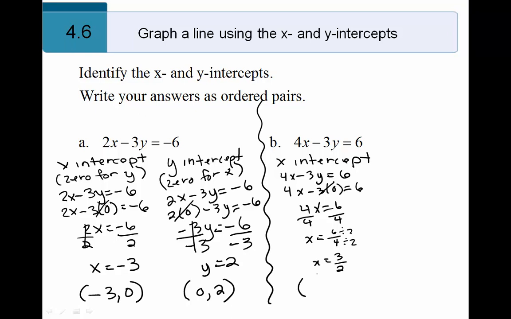So my x-intercept is 3/2, 0. So that would be 1.5. If you were going to have to graph it, you'd have to go right 1.5 on the x-axis. And then to find my y-intercept,